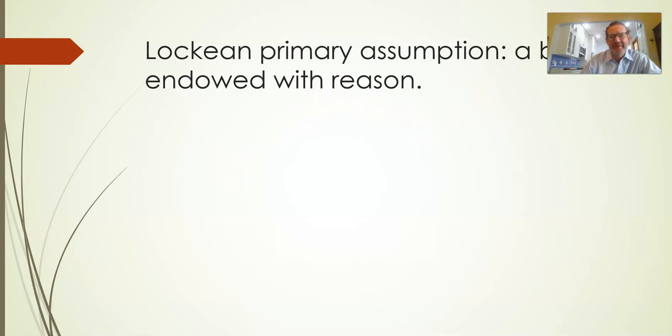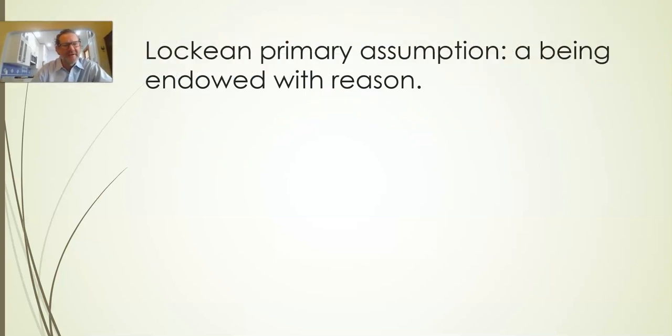So again, remember, the primary Lockean or liberal assumption is a being endowed with reason. And that creates all kinds of other commitments that follow along behind it. This is one reason why government needs to be limited. Fundamentally, most of the time, people know what's best for them. So freedom of speech, most of the time, people know what's best for them. So all kinds of other limited government ideas come along after that. Okay.